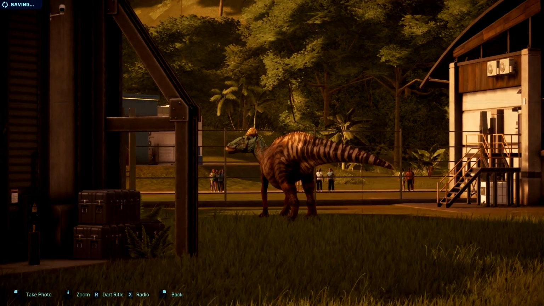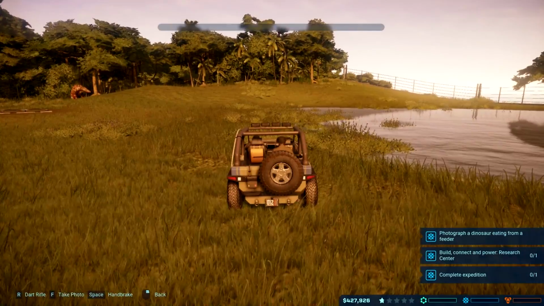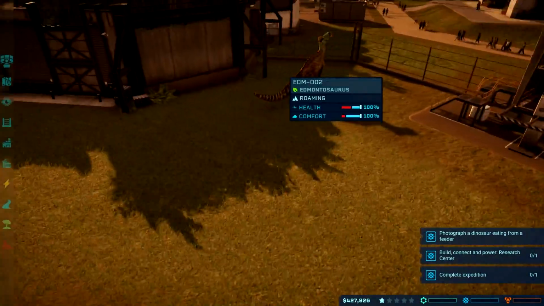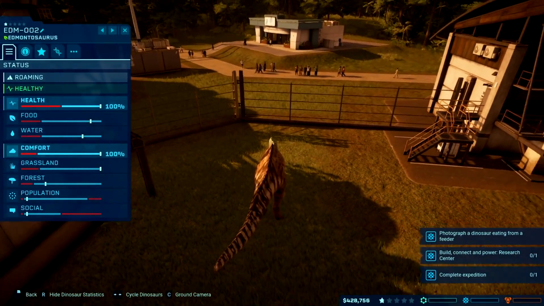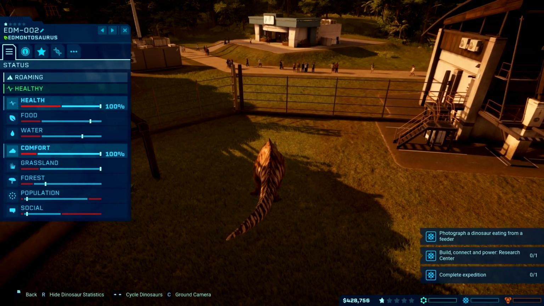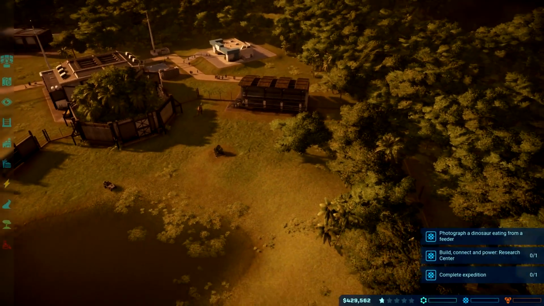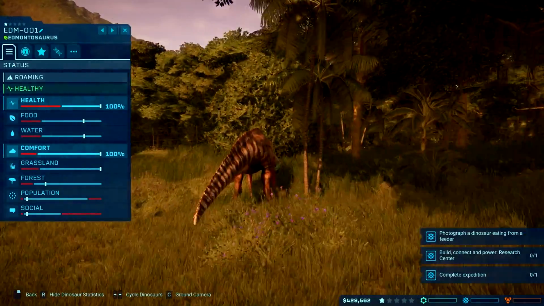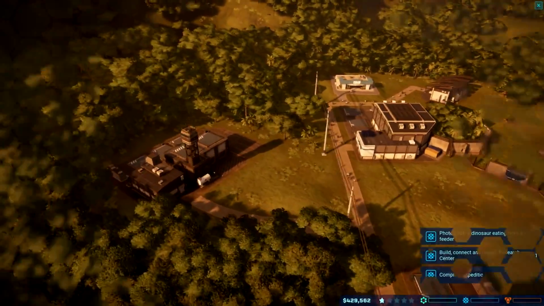Again, I'm wishing that I could check this dinosaur's mood to see when they get hungry, instead of having to deselect the ranger and then... Are you trying to break out? Seems like he's just showing off. They're like, ooh, ah. Yeah, not gonna be hungry anytime soon. What about you? Also not really hungry, so...